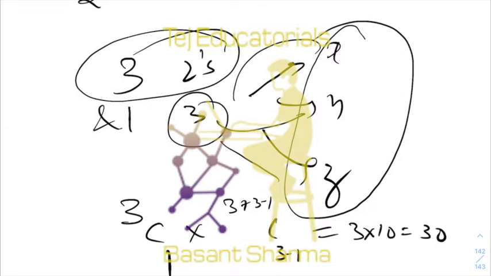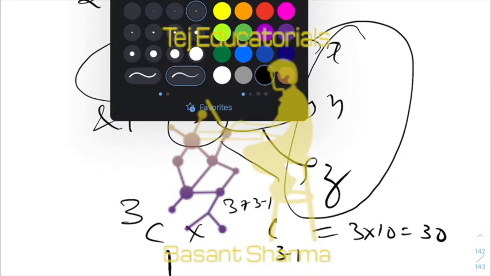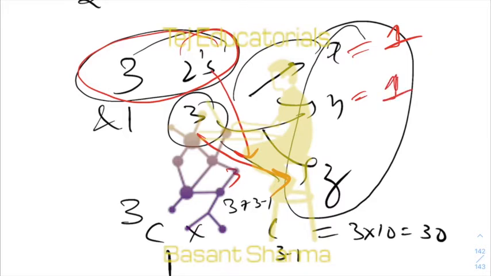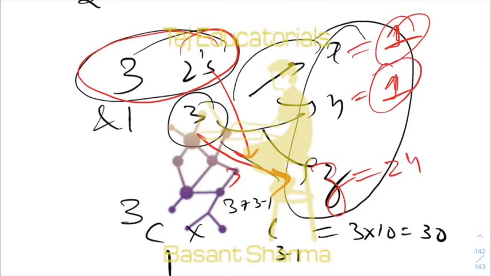Now it may so happen that let's say 3 goes here, and all the 3 2's also go here. Then in this case x will not get anything, so what that means is we will assume that x actually is 1, and similarly y actually is 1. Don't think that it is 0. It's just that when everything goes to z, z is 24. So x and y are actually 1 each. They have the value 1. That's it.